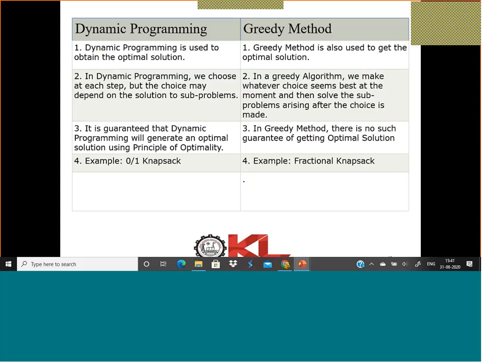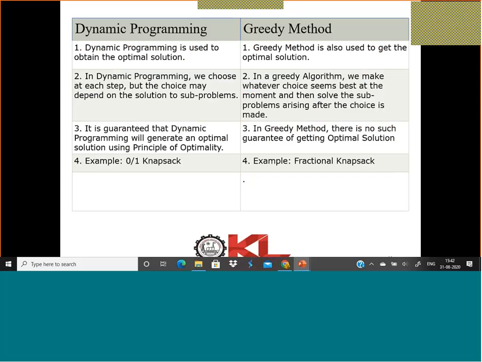Next, again, there is a comparison between the dynamic and greedy methods also. The first one is that dynamic programming is used to obtain optimal solutions. The greedy method is also used to find optimal solutions only. So both models are used to find the optimal or best solution. So both are the same in this way. The second one is that in dynamic programming, we choose at each step, but the choice may depend on the